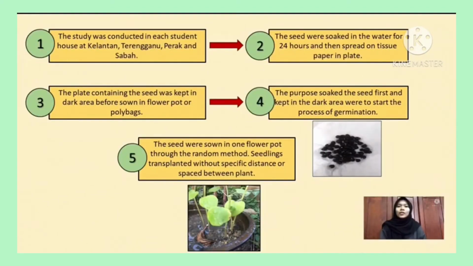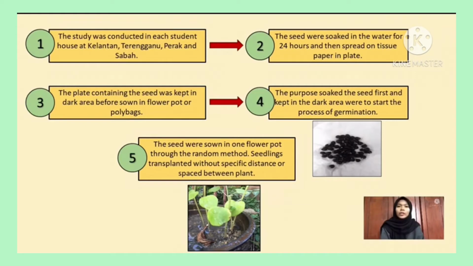The study was conducted in each student's house at Kelantan, Terengganu, Perak and Sabah. As it was a group project, we decided that each group member, consisting of 5 people, would plant the okra at their houses. This experiment was conducted from November to December 2020 to determine the response of plant growth using the growth hormone. Firstly, the seeds of okra that were bought from the nursery were soaked in water for 24 hours